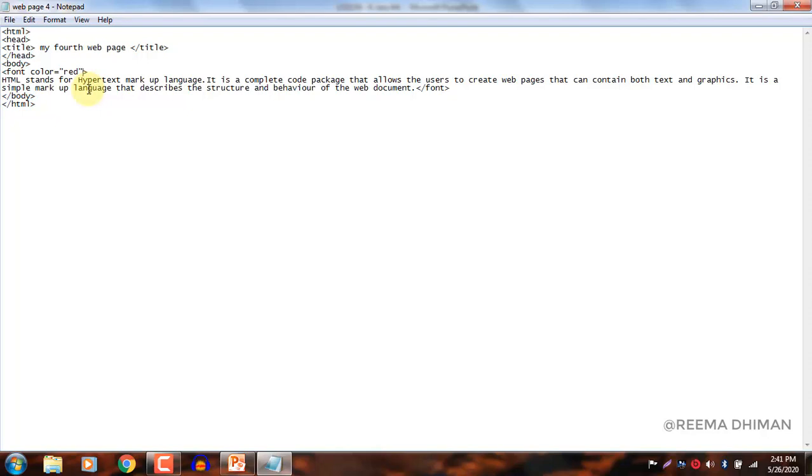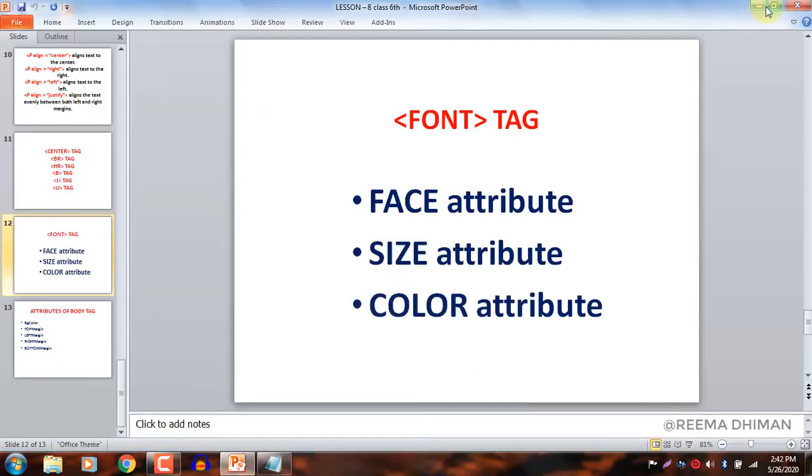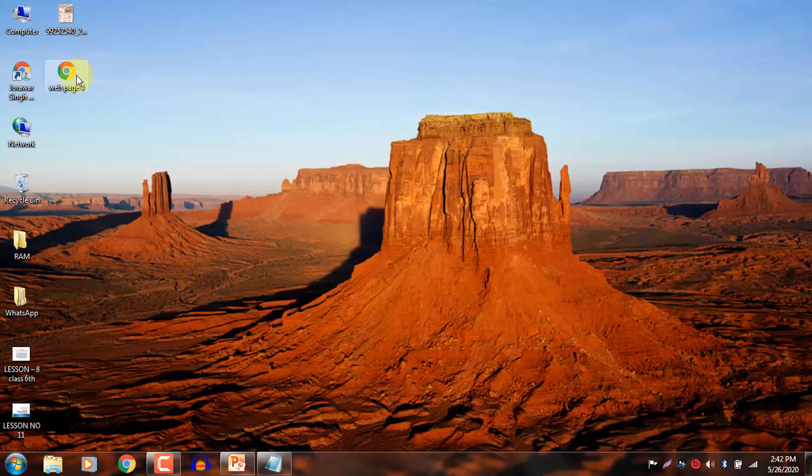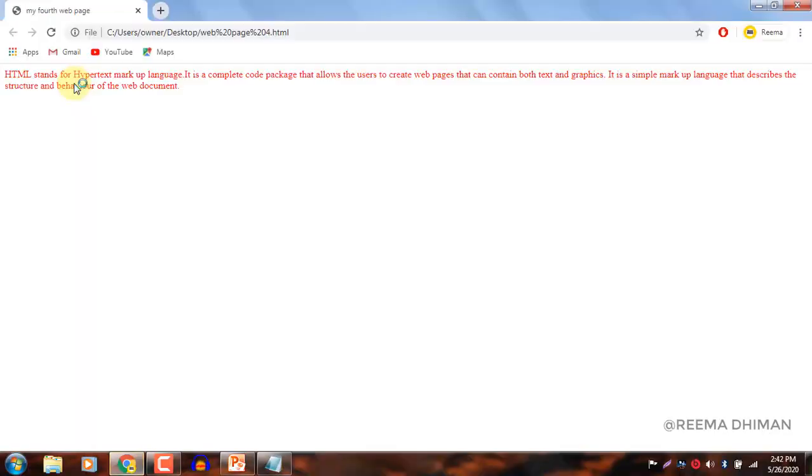So you have to follow the proper syntax. So as we have applied here, font color equals red. Press Ctrl plus S and observe the changes. Now as you can see, your font color is now red.